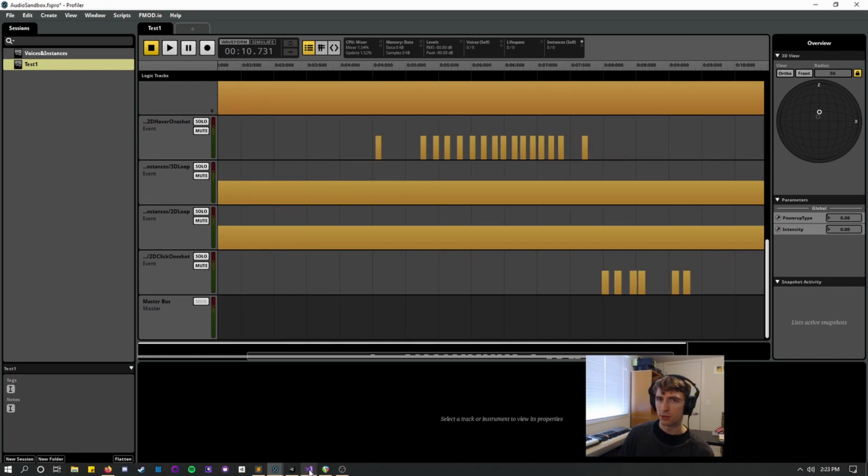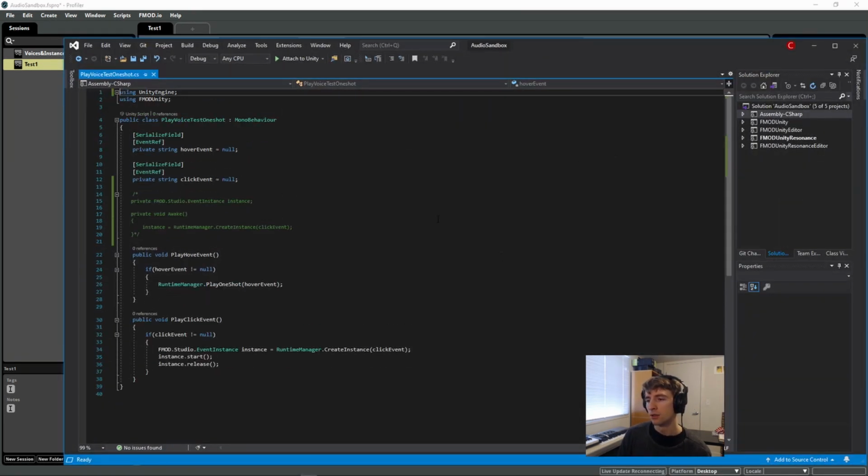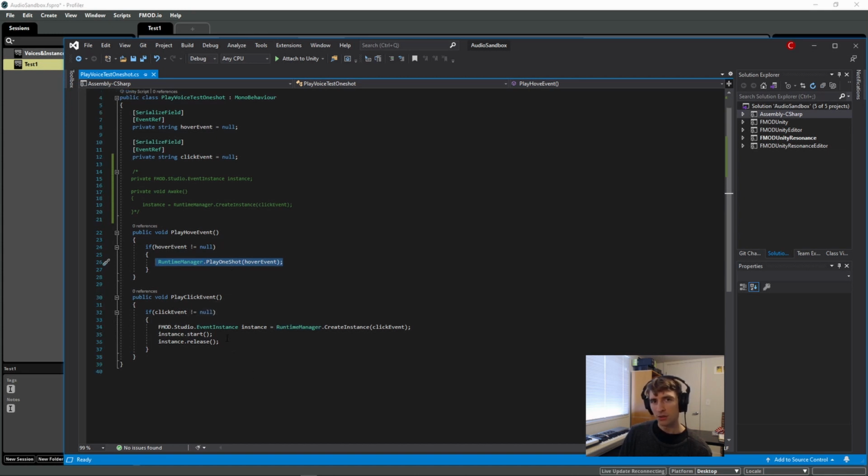So if we look at the script for our one-shot events, you'll notice that for our hover event, I'm just using the runtime manager play one-shot. However, for the play click event, I've essentially manually coded that exact same play one-shot event. So what we're doing is each time we click, we are first creating an instance in our scene of that click event. We are then starting the instance, which is where it actually plays, and then we are releasing that